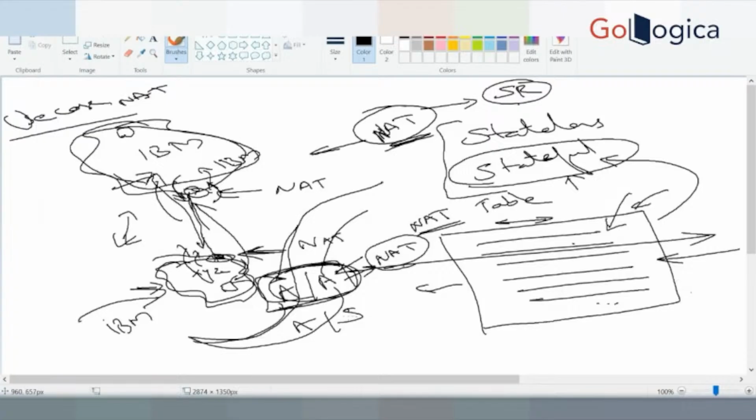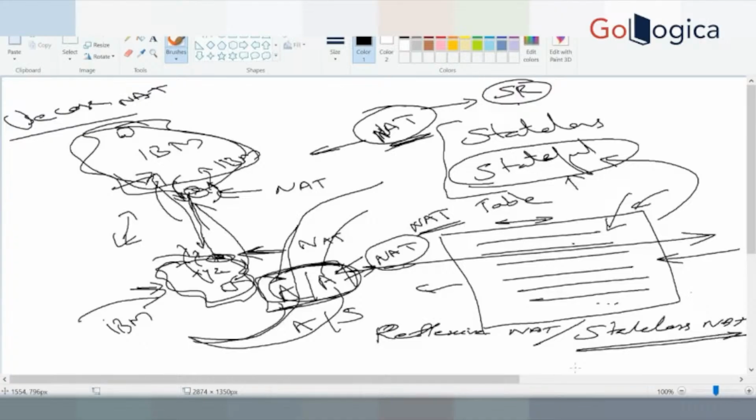It is another type of NAT which is called reflexive NAT or stateless NAT. If the NATing is stateful, then only it is a problem, right? If I say I don't need state information for my NATing, then the problem is solved. So how it happens is